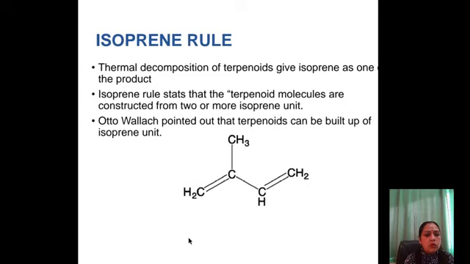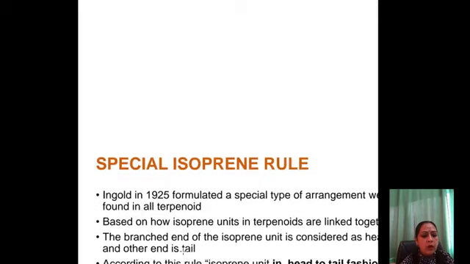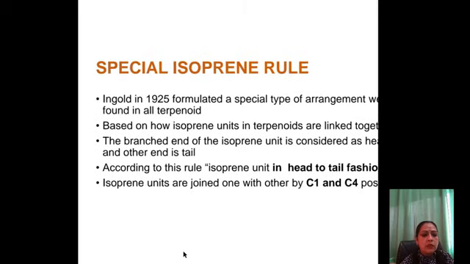The isoprene rule comes from the thermal decomposition of terpenoids. When we thermally decompose the terpenoids, we get isoprene as a product. The isoprene rule states that terpenoid molecules are composed of two or more isoprene units. Otto Wallach pointed out that terpenoids can be built up of isoprene units. Next, the modern isoprene rule, which is called the special isoprene rule,